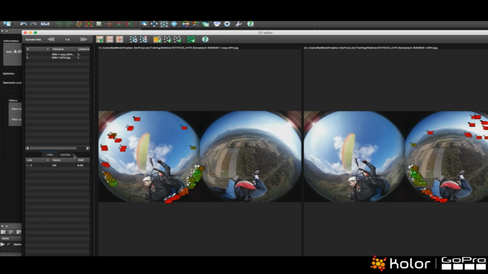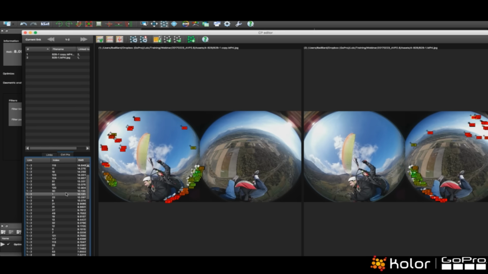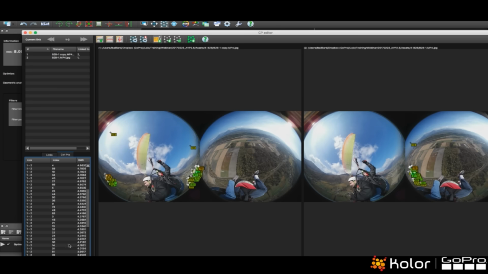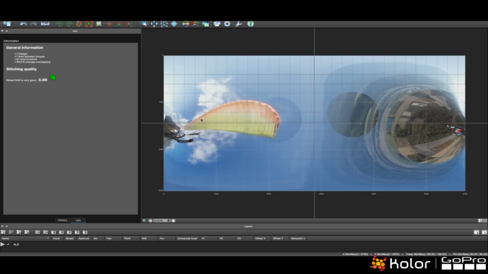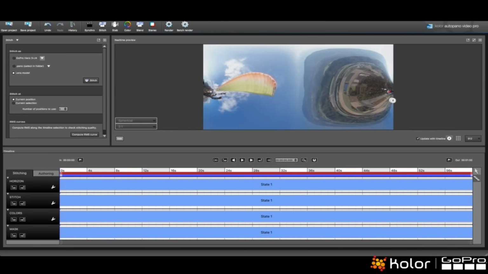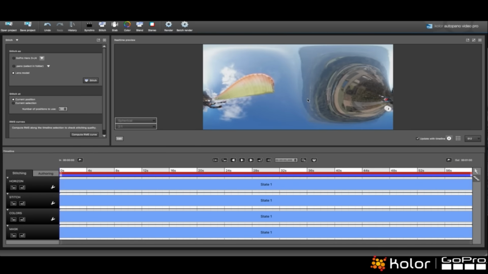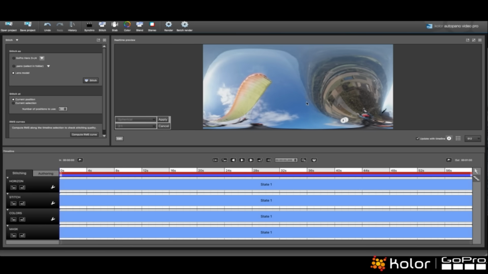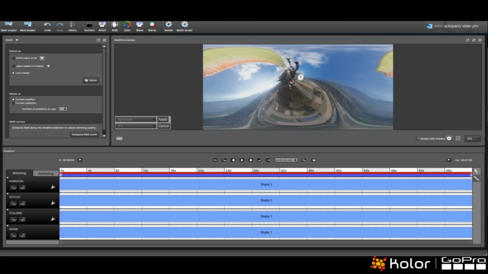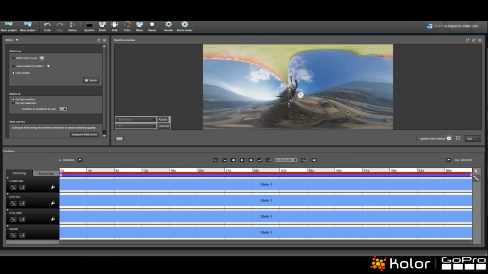So now let's say, okay, I'm happy with that. I'm just going to delete bad control points, do an optimization. Now let's say I'm happy with that result. Okay, it's not going to be perfect right now, but let's say it's okay. So I'm going to save, send that back to Autopano Video Pro. Okay, so it's not perfect, obviously, but I'm trying to go fast here